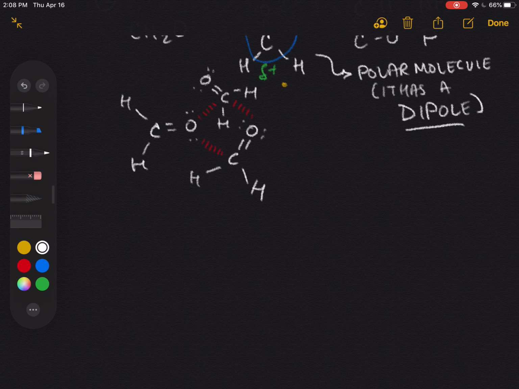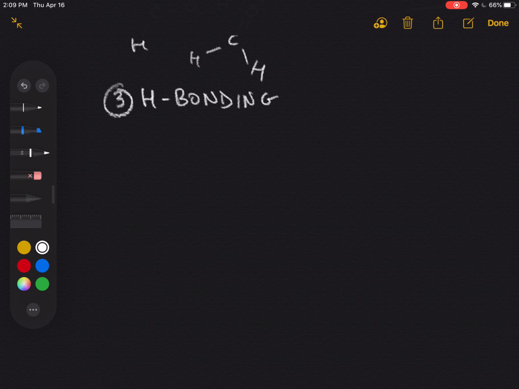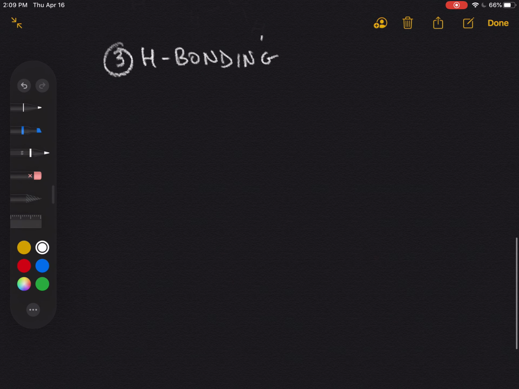All right, so our final type here is H bonding. Now, H bonding is going to at first sound a lot like dipole interactions. It's just a special case of a dipole interaction. It's one that's exceptionally strong, and it has earned its own category. So to have H bonding possible, this might be an oversimplification, but it gets to the idea. So this occurs in polar molecules